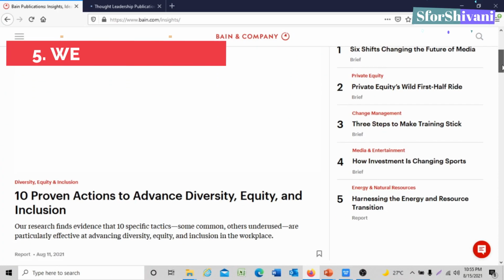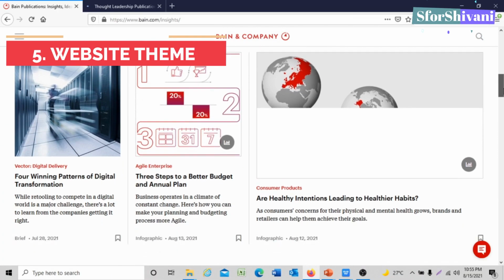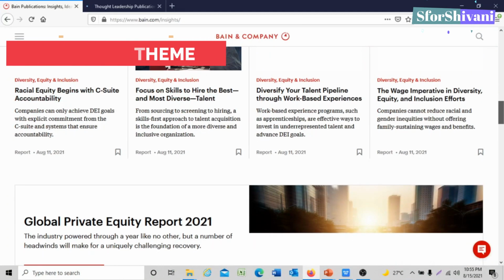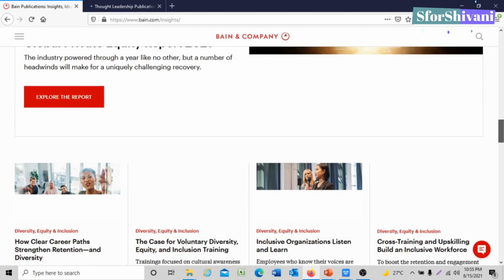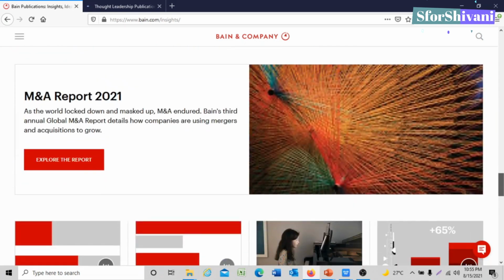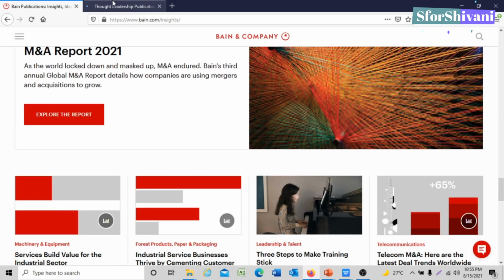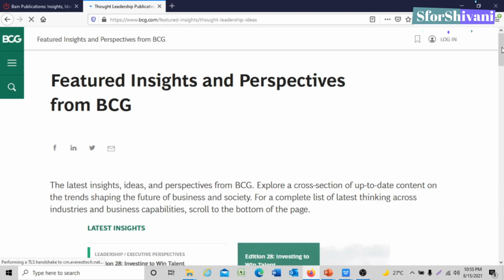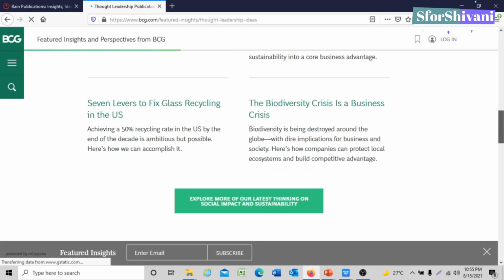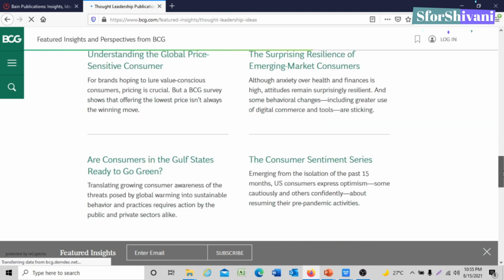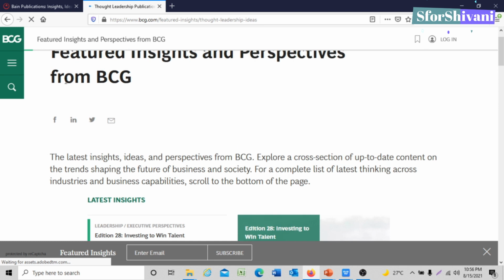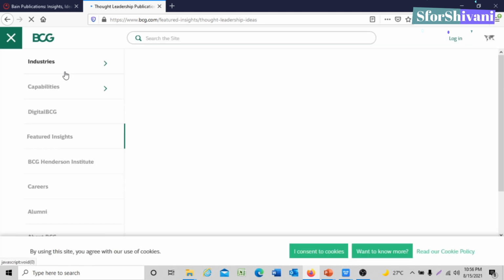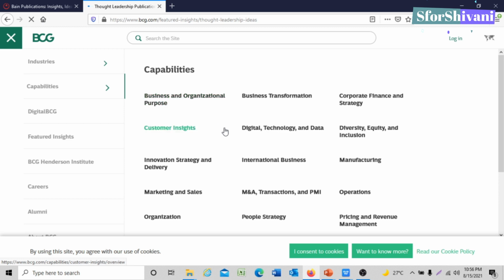The fifth style of making a presentation is using the theme of the website of the company. So for example, if I tell you, if you have to see what themes Bain & Company follows. So they follow a theme of red, black, grey and white. Compared to if I ask you what theme BCG follows, then clearly their theme is green, black and white. Even the menu is like that. So if you feel that the case is a bit generic, or if you're confused about the color theme, then you can go with the color theme of the website of the company.